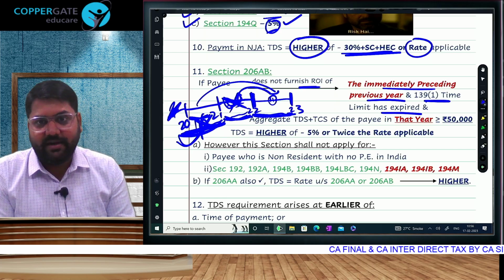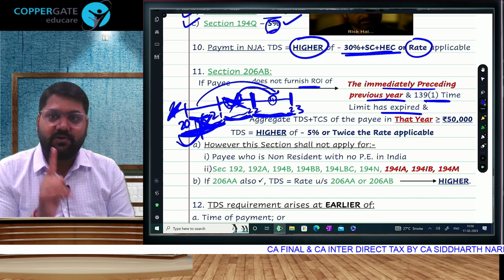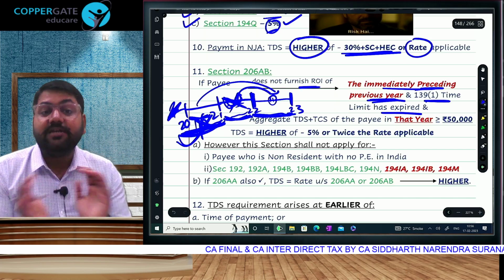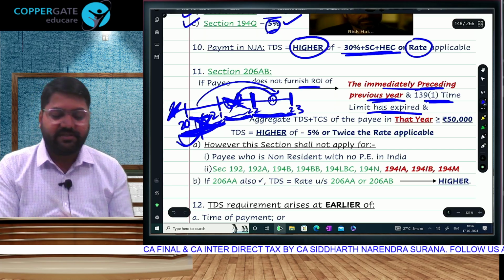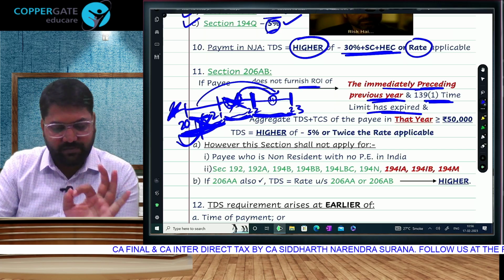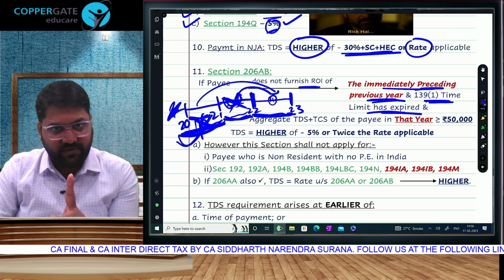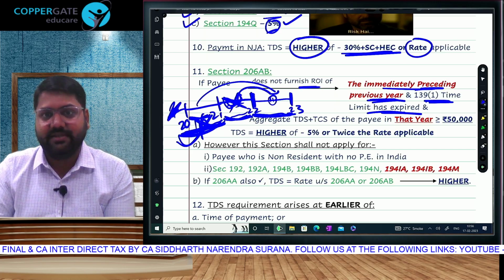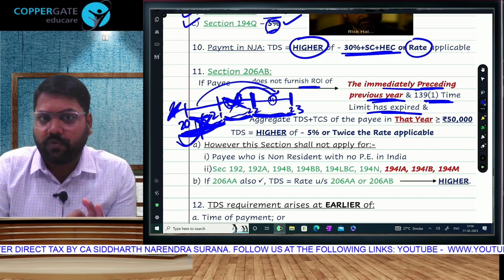But the amendment that has taken place is that you will not check 2 years for non-filer, you will check only 1 year. And which 1 year? We can't check 21-22 because its 139(1) is not expired. We will check 2021. Let me conclude simply. When you are checking non-filer for your attempt May 23, November 23, just check whether the payee is a non-filer for 2021. If he is a non-filer for 2021,